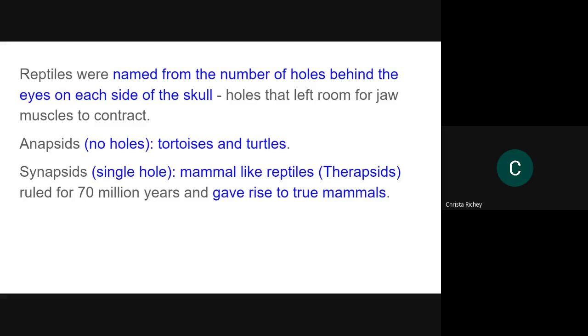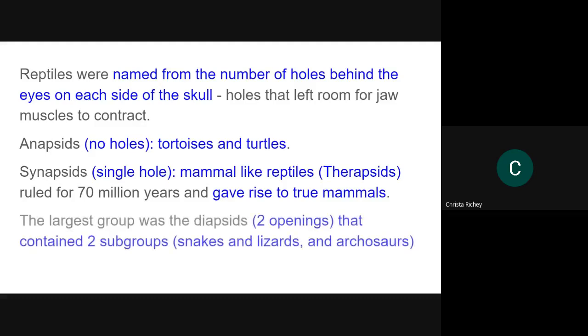Synapsids have one hole. Like I said, the therapsids eventually went extinct. Diapsids, di meaning two, and an meaning none. You would think they would use mono, but they don't. They use syn. The Latin's just different. So no holes for hearing are turtles. Turtles swim, tortoises sink. You put a tortoise in the water and it will die. It can't swim. Synapsids would be your mammalians, one hole, and the diapsids are going to have two.